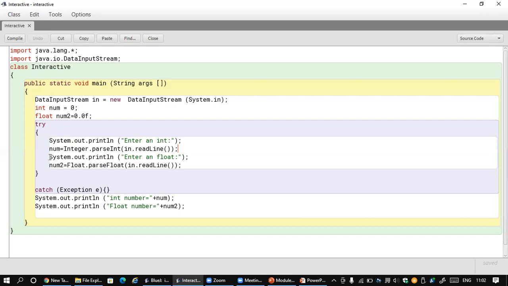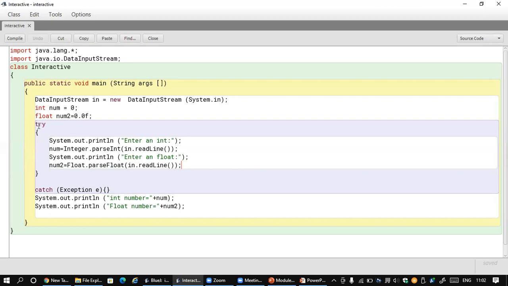Similarly, here we have another statement, which expects the user to type a float value. It will prompt on the screen by displaying "Enter a float". Then, by using the Float class and accessing parseFloat, we convert the string into a valid float number, and that will be loaded onto num2. Yes, that's about the try.